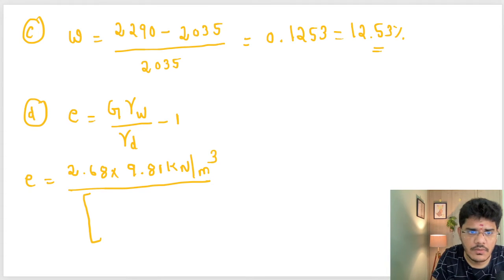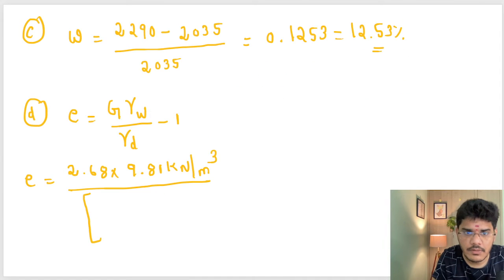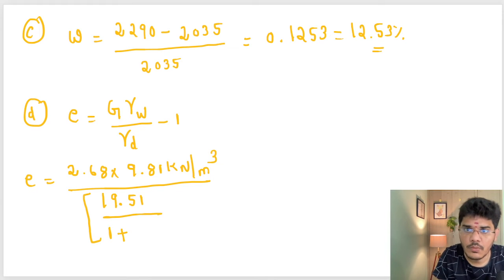Bulk density we have already calculated. Okay, bulk unit weight we have to take. Bulk unit weight, so 19.51. Since we are considering all in unit weights, here also we are considering unit weights only. 19.51 kilonewton per meter cube divided by 1 plus